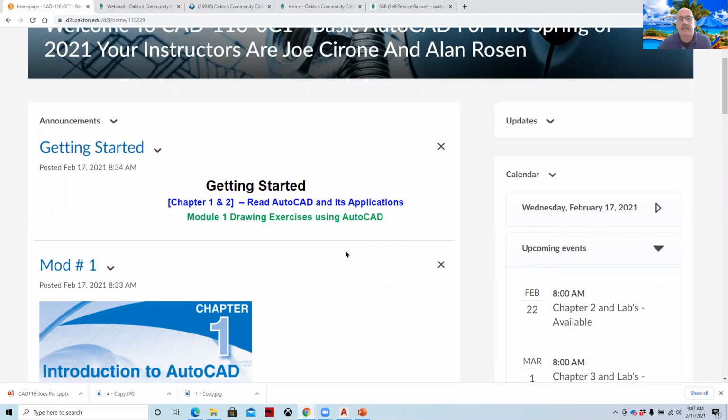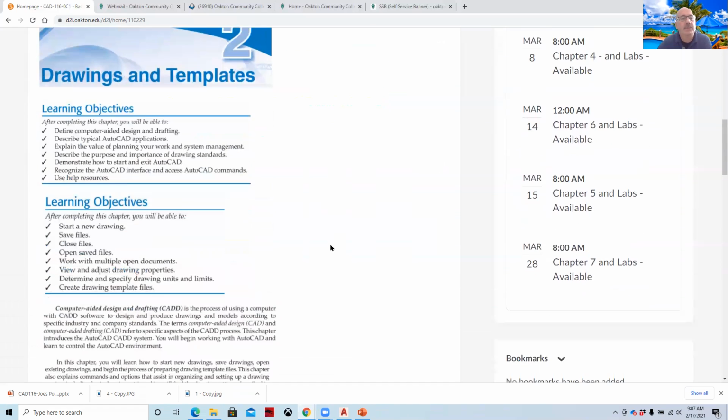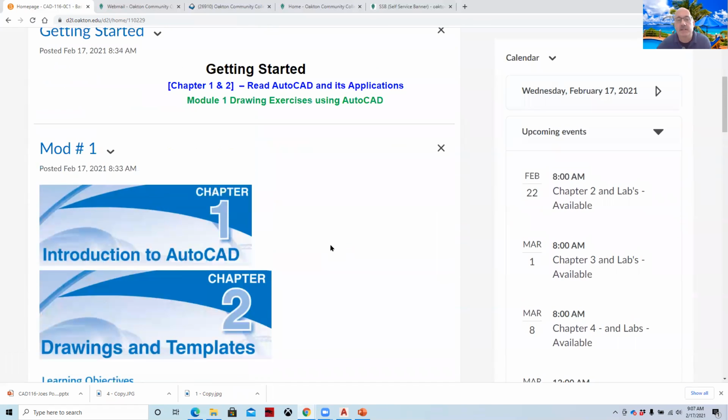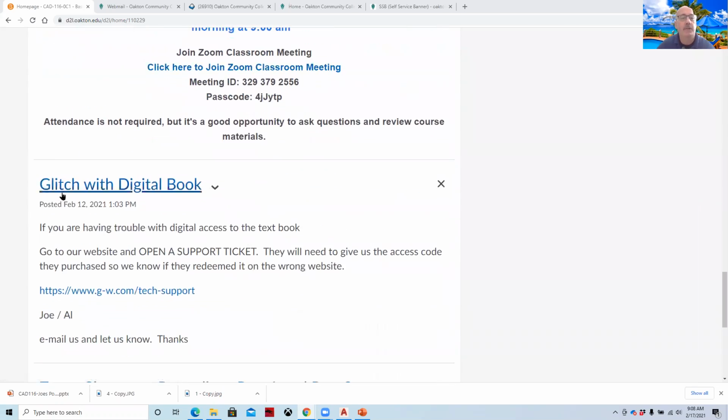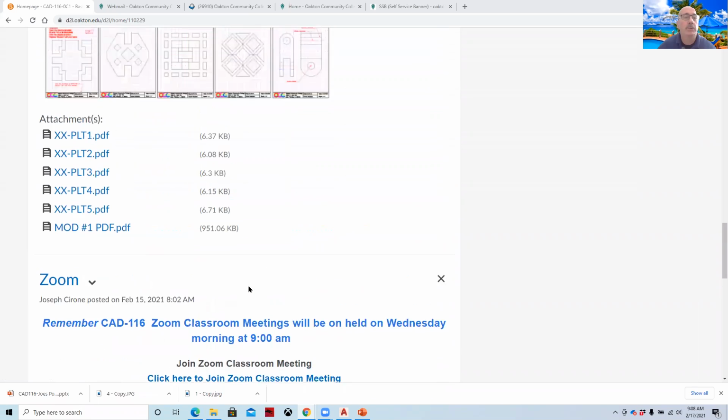Let's talk about that for 1 second before we go into the rest of it. So this is the first time we're using a digital textbook. And so the first time we're using the digital textbook, we set everything up with the IT department. It costs less and it works better, but we're having some access problems. And so what I did was I contacted Goodheart-Willcox and I put in this announcement about putting in a support ticket. So if you have your digital access code and it's not working,